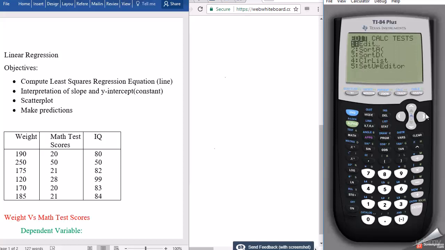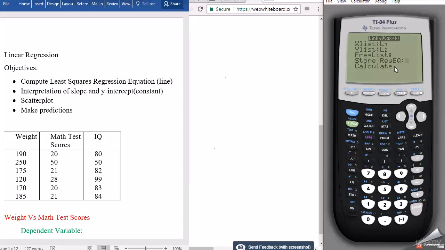stat, we're going to go to calc, and we're going to select number 4 because we're talking about linear equation or linear regression. So we'll select number 4, and you can see that X list is L1, which is weight, Y list is L2, which is math test scores, and we're going to choose math test scores as our dependent variable. One thing we're going to do before we calculate is to go down to